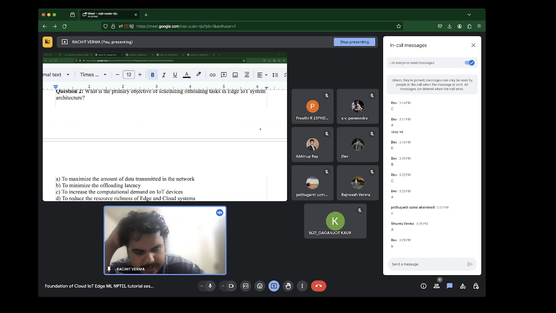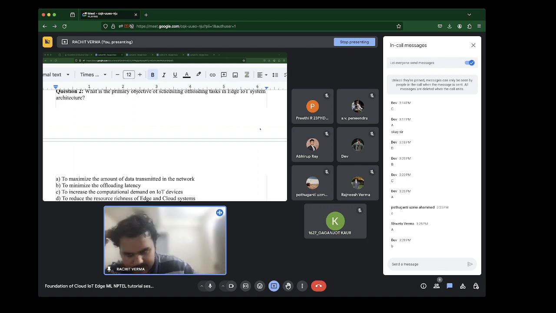So this would be the latency incurred as a consequence of offloading, right? For example, if you have a task and you want to offload it, you have to spend some time transferring the data corresponding to the task from the edge to the cloud, and after the cloud processes the task, it will give some response.